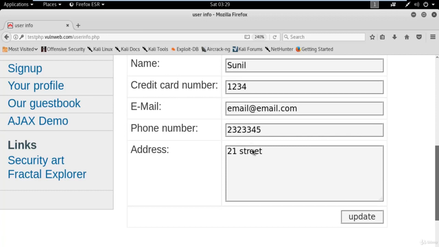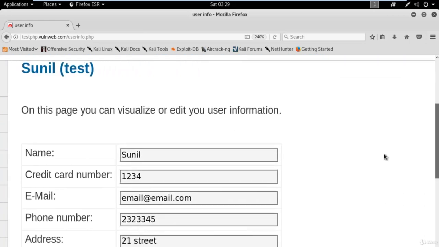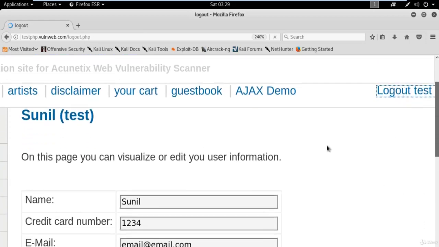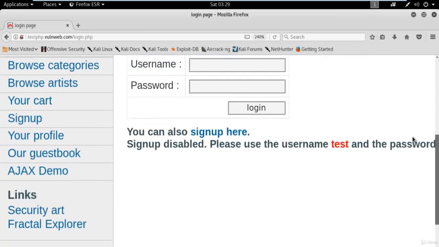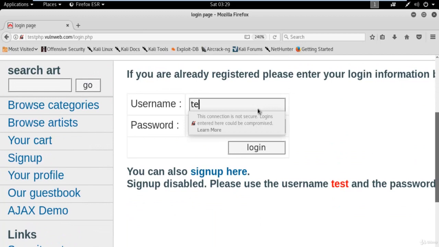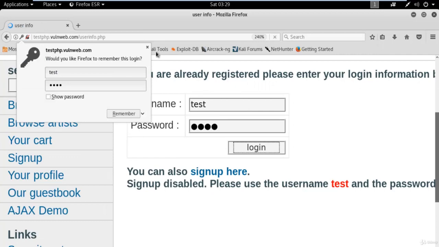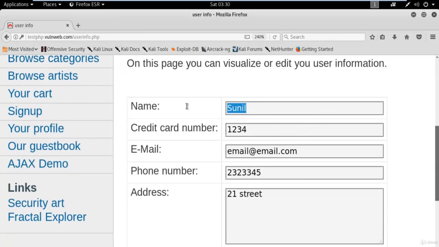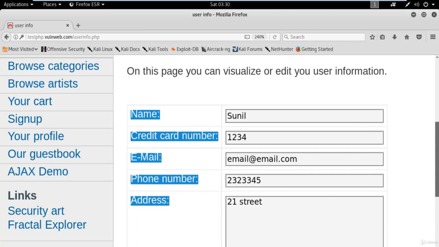Because this is visible to all kinds of hackers. So click on update. It has been updated. Let me log out and log in again. Let me click on sign up, and if I type here test and test, and if I click on login, then you can see here that my name has been updated in that database. Basically, I have updated their database and put my entries inside it. Got my point? So you can basically update their database easily.